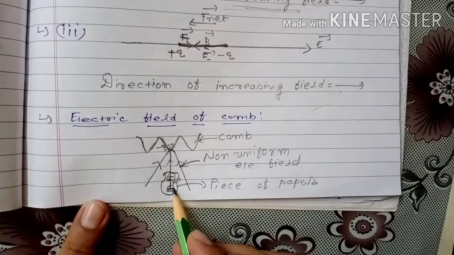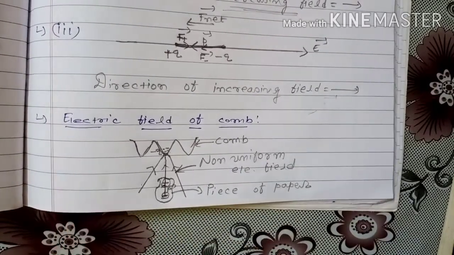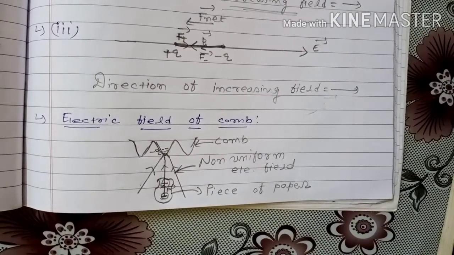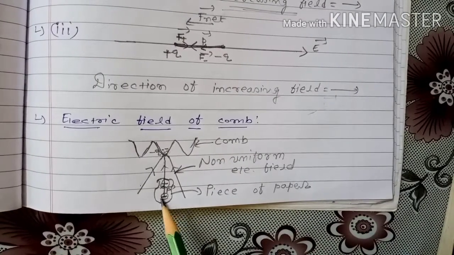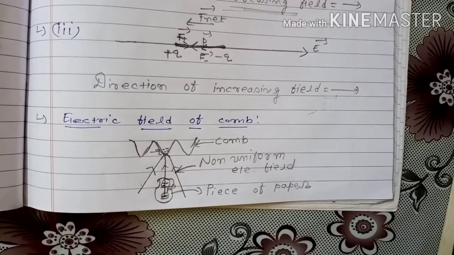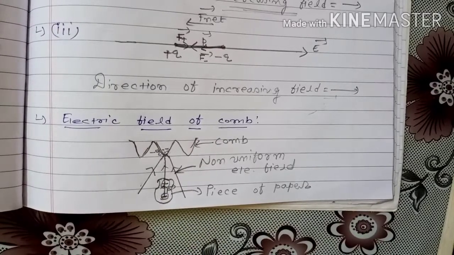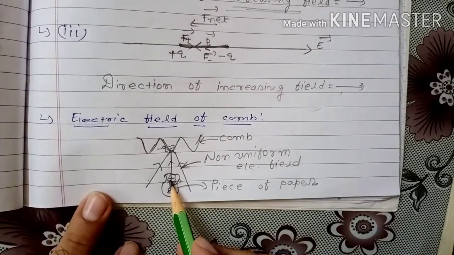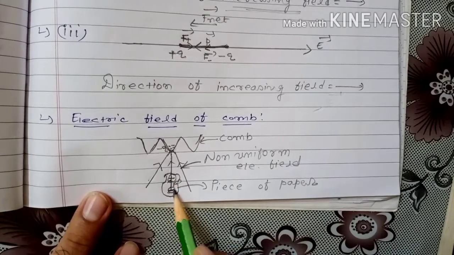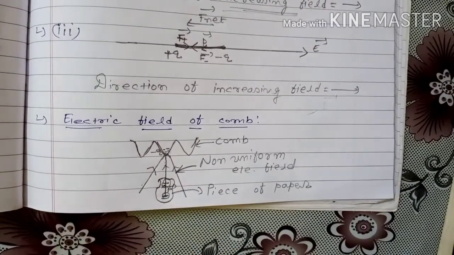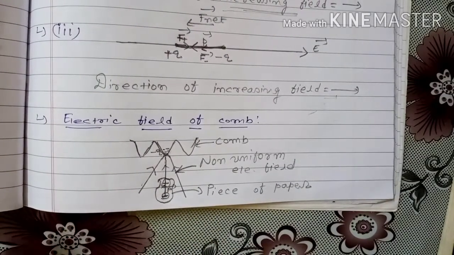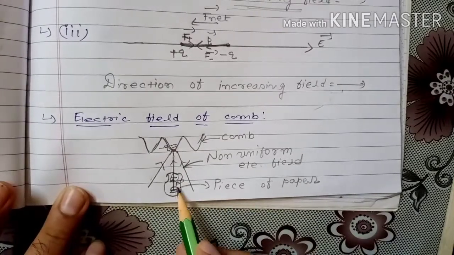Here this dipole is called an induced dipole. Why is it called an induced dipole? Because initially the dipole was not created. When we place it in a non-uniform electric field, at that time electrons move in the opposite direction, and by losing electrons this end becomes positively charged, this end becomes negatively charged, and a dipole is created, a dipole is induced. Therefore this dipole moment is called induced dipole moment.